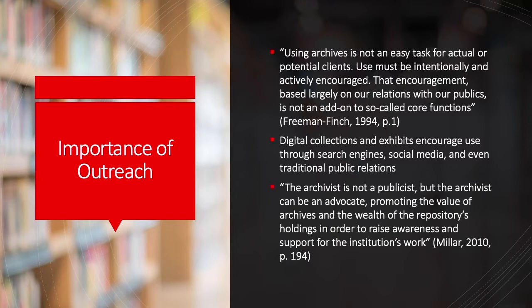Elsie Freeman Finch, a proponent of public relations work in archives, talks about the need for outreach in her book, Advocating Archives. "Using archives is not an easy task for actual or potential clients," Freeman Finch says. "Use must be intentionally and actively encouraged. That encouragement, based largely on our relations with our publics, is not an add-on to so-called core functions." While Freeman Finch focuses on public relations here, I would argue that digital collections and exhibits are an extension of that, meeting the public where they are online through search engines, social media, and even press coverage for digital projects,